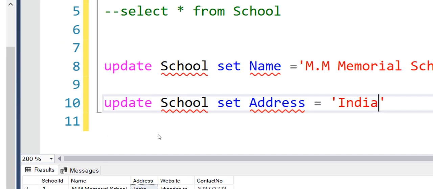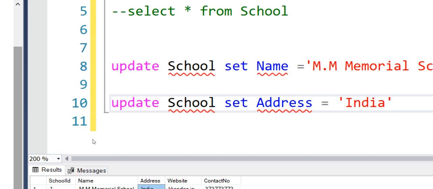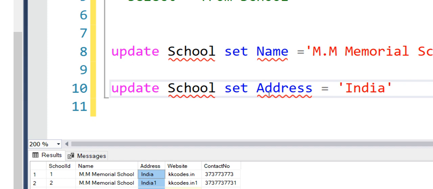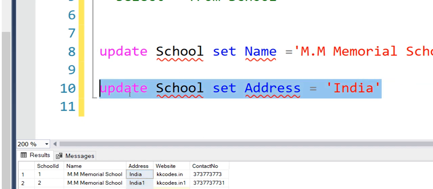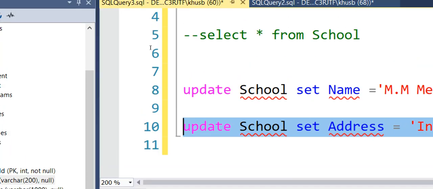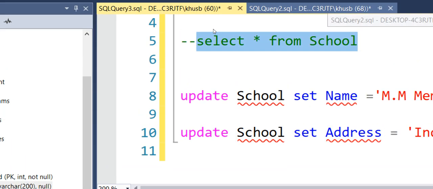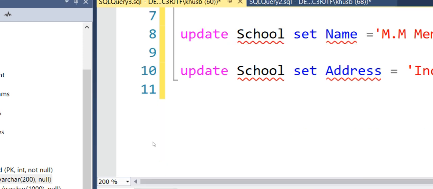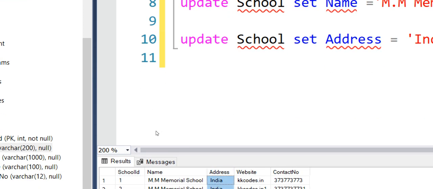It is going to update the address for all the rows as India. So when I select this and execute this, and again now let's say select this one, select command, and here you go. You can clearly see that all the addresses in each and every row have been updated to India, right?